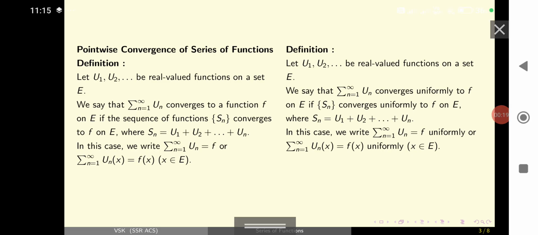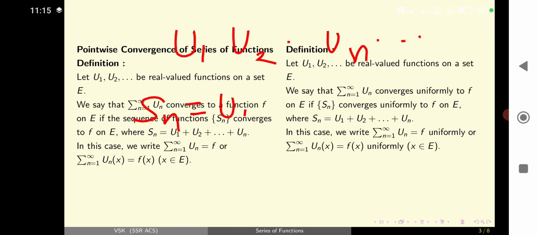Pointwise convergence of series of functions. Let u1, u2, un be real valued functions on a set E, and we say the series summation n is equal to 1 to infinity un converges to a function f on E if the sequence of functions Sn converges to f on E, where Sn is equal to u1 plus u2 up to un. In this case, we write summation n is equal to 1 to infinity un is equal to f. That is what is given: u1, u2, un are the functions, and from this we define the function Sn, that is u1 plus u2 up to un,